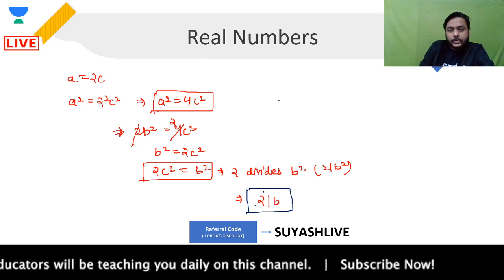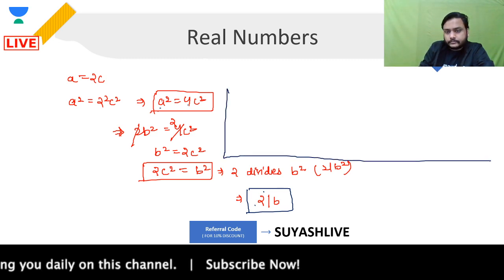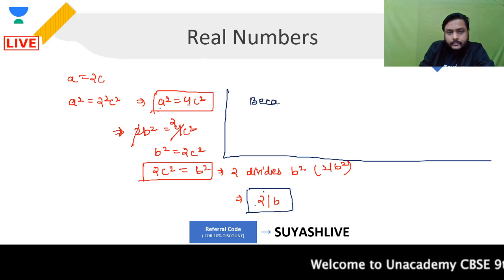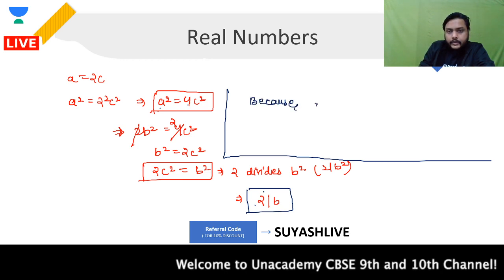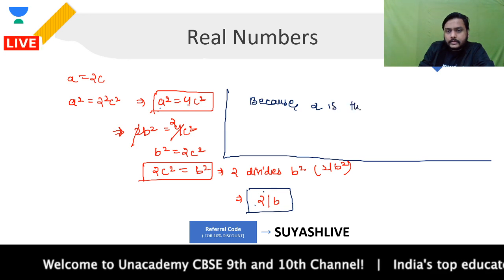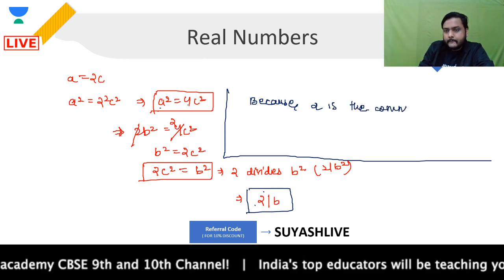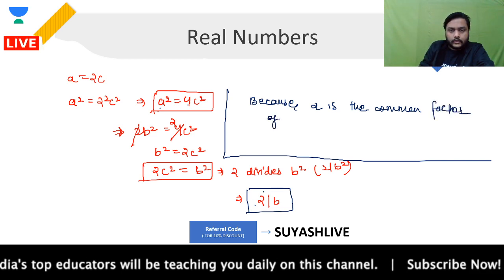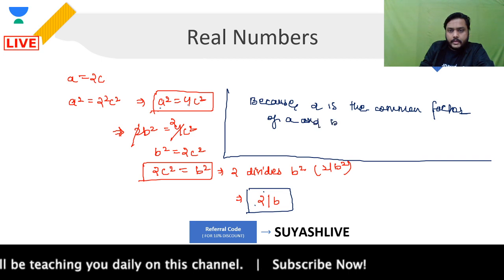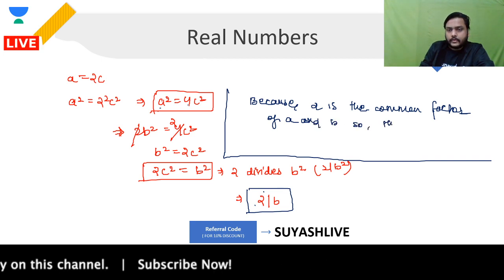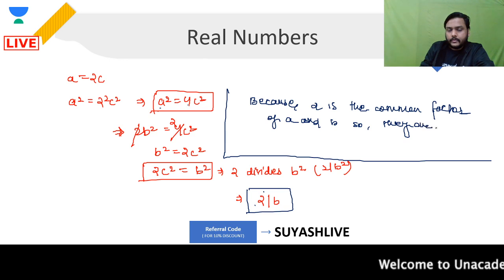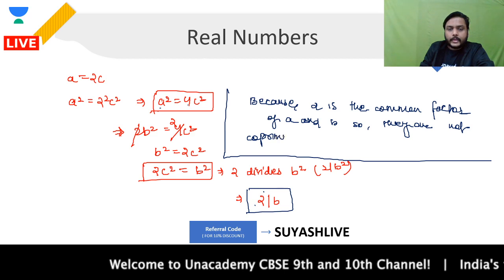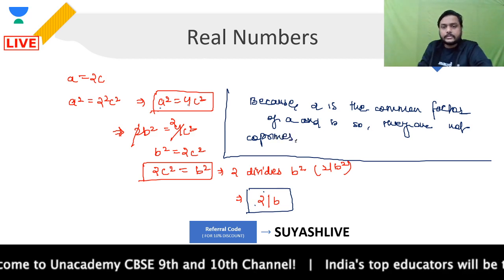Okay, and hence what you will be writing, I'm doing it over here. You will be writing, because 2 is the common factor of A and B, so they are not co-primes. And because they are not co-primes, which means your assumption was wrong. So you will say, so